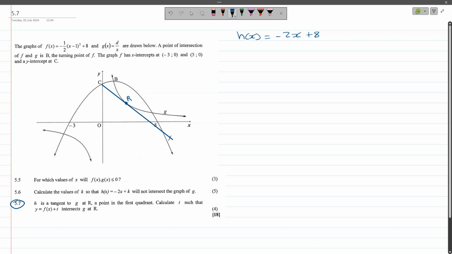But anyways, we found this 8 and minus 8 in the previous question when we were looking for possible values of